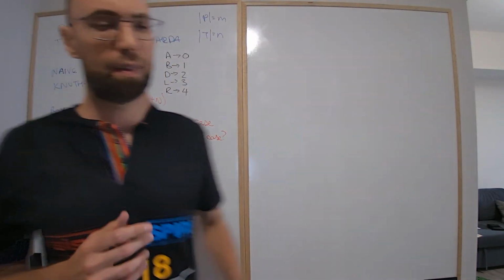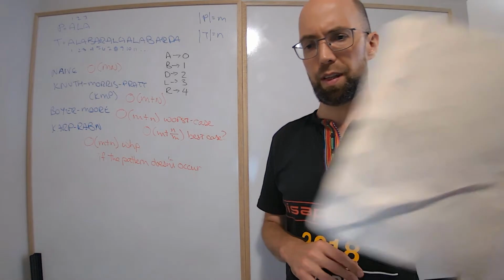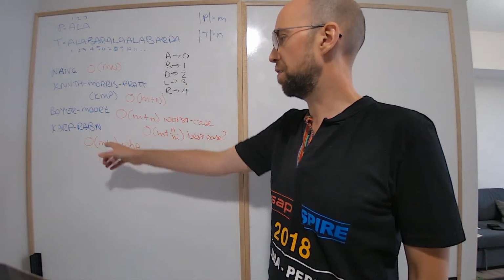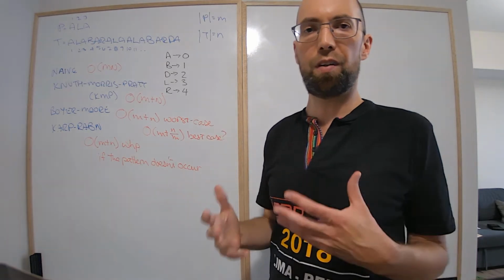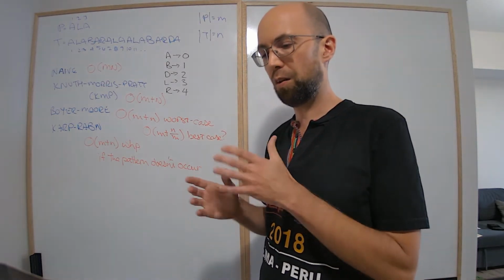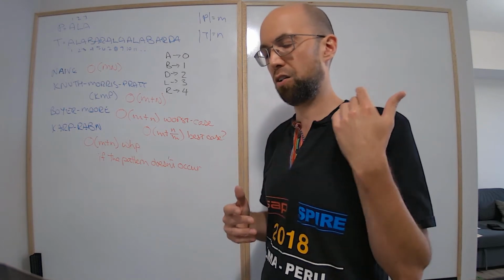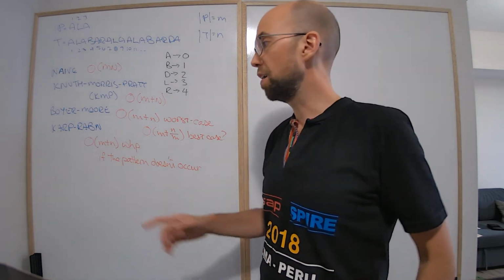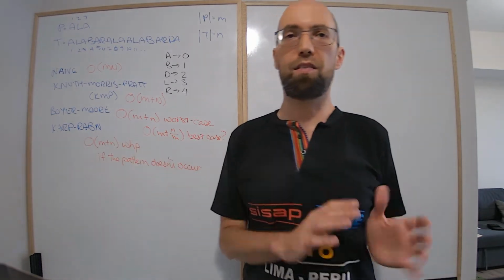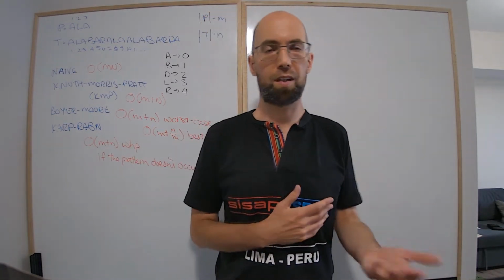Okay, so I realized this mirrored camera thing. I didn't say what the bound is. If the pattern doesn't occur, then you probably won't ever see any substring whose hash matches the hash of the pattern. So you get n plus n with high probability if the pattern doesn't occur. If the pattern does occur, then you have to decide, am I going to check it, and various things like that. So it gets a bit complicated. You can find it online.